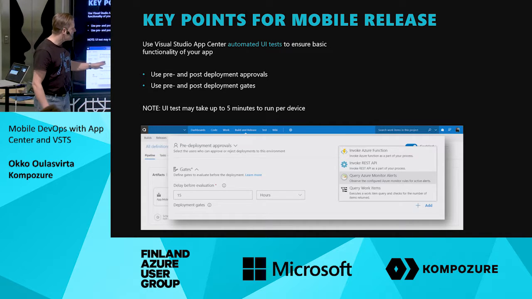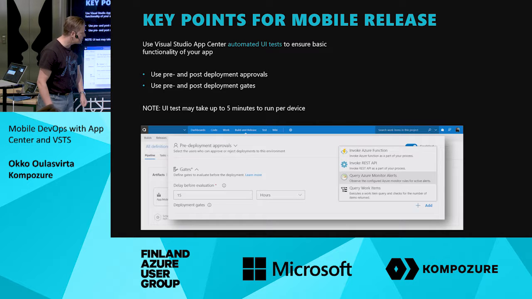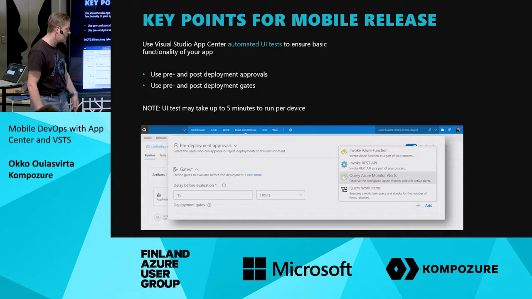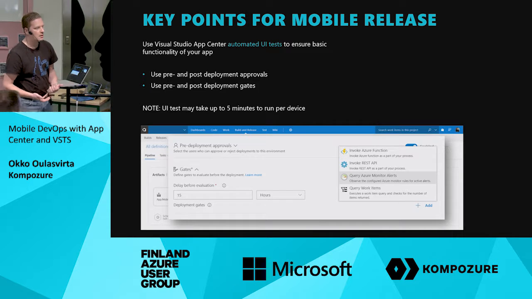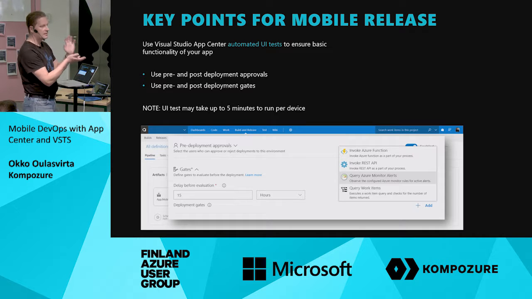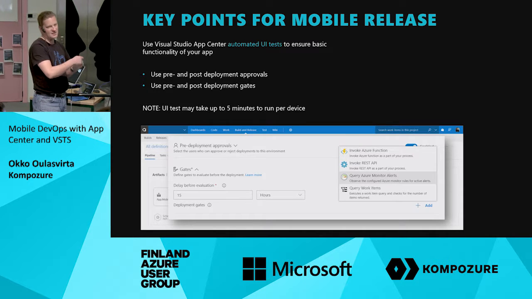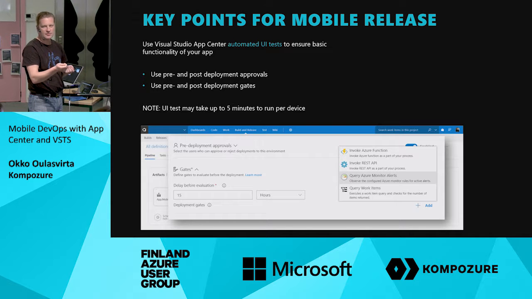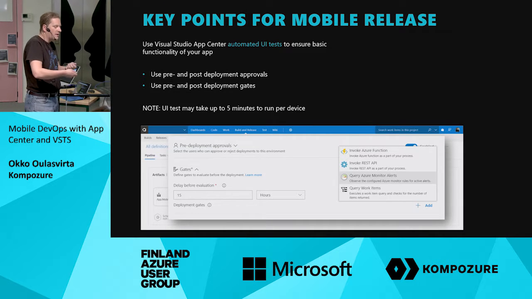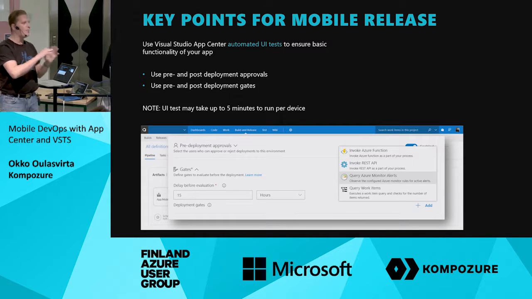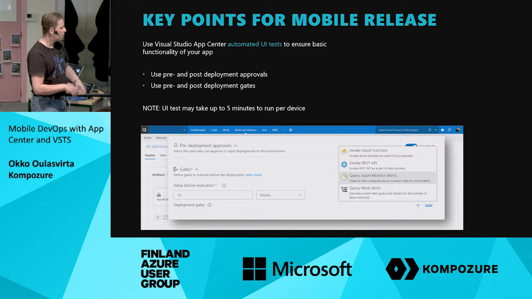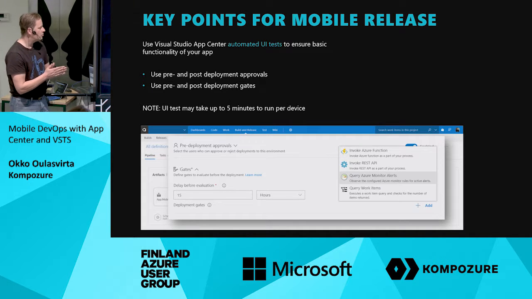We have these deployment pre and post gates, and we can have, for example, a very simple one. We can have a query to Visual Studio Team Services work item data. Are there still bugs related to this release that are still marked as open? So is there something that we have forgotten with this release? And if they have already been fixed, but they haven't updated the state, this is the last time you get your backlog cleaned. Or perhaps the back end of Azure,